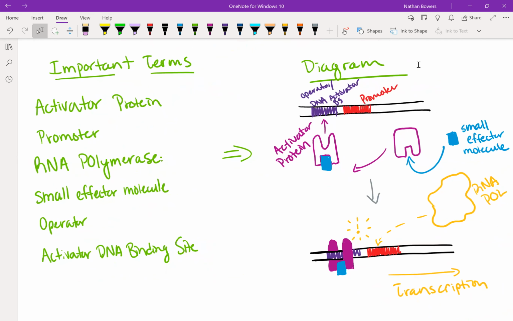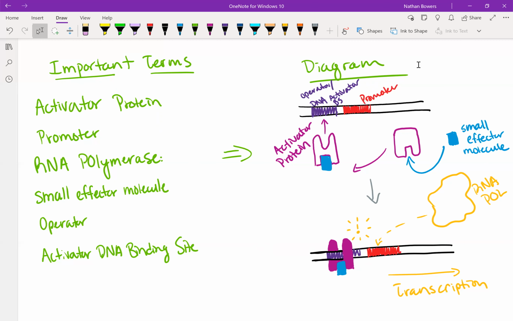The activator protein binds to the operator and the activator DNA binding site. The operator and the activator DNA binding site act similarly, depending on different DNA sequences for the activator protein to bind to. The activator protein is called an activator protein because when it binds to that operator or the binding site,